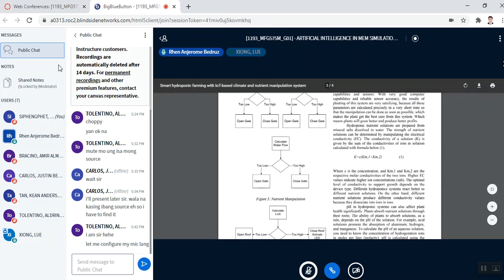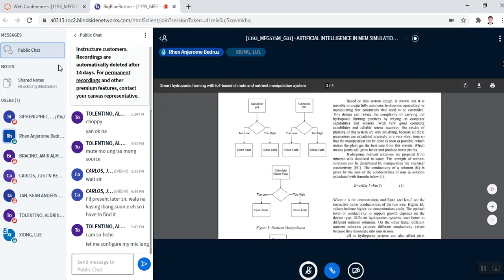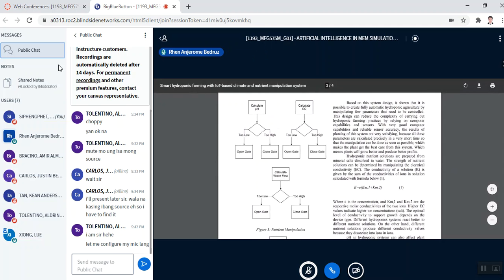Okay. So maybe if you want to focus on doing a smart hydroponic farm, you could improve that paper if you don't have a topic for your paper yet. You could find a better artificial intelligence model rather than just solving for the values of k, the values of each level. So that's good. Thank you for that. Next,